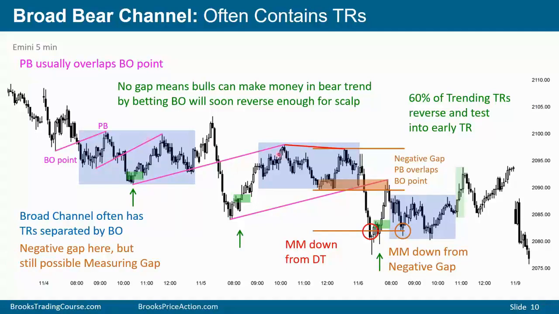Whenever you have a series of trading ranges in a trend, so you have trending trading ranges, and you get a bear breakout, there's a 60% chance that even if the breakout reaches the measured move target, it's going to test back at least a little bit above the bottom of the prior trading range, at least one tick above that low. Here we have a bear breakout below a trading range, and it went well above the low of the trading range.